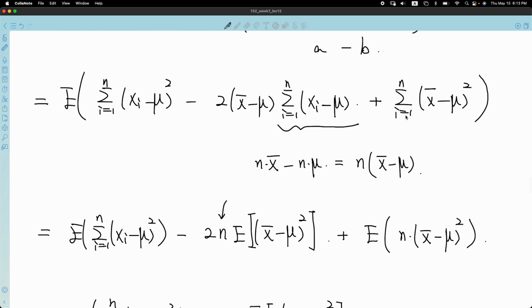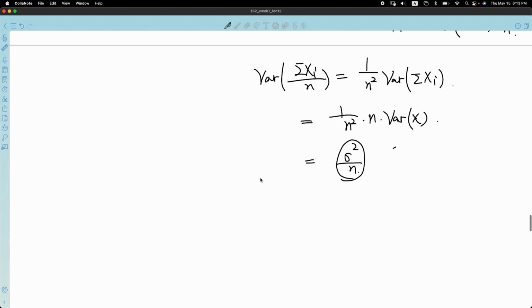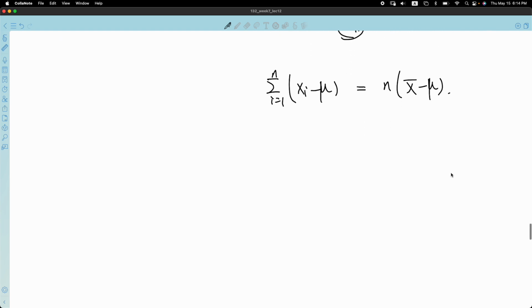For the line above that one, could you explain again how the first part, where you underlined this n times x bar, comes about? You mean the underlined part? Yeah, sure. So now let's just focus on this part. The summation from i to n of xi minus mu, and I'm claiming that this is equal to n multiplied by x bar minus mu. So your question is how from the left to the right, right? Let's look at the left-hand side. This is a summation of a difference, so I can write it as the summation of xi minus the summation from 1 to n of mu. Do you agree with that? Yeah. So now,